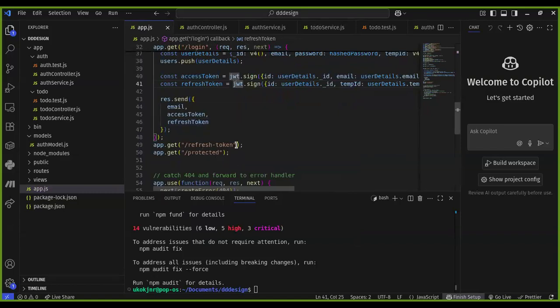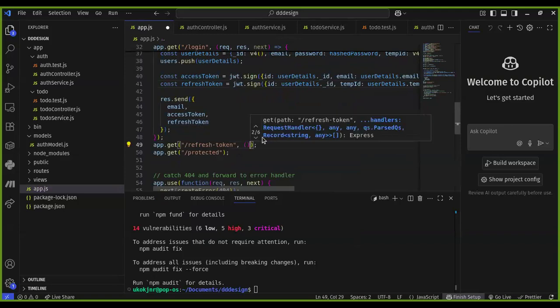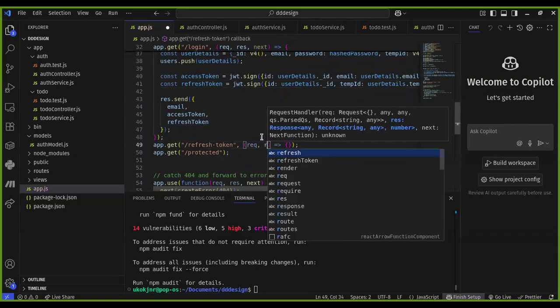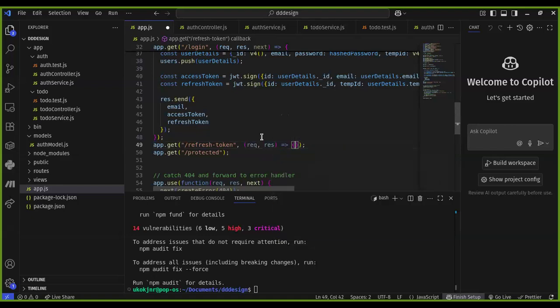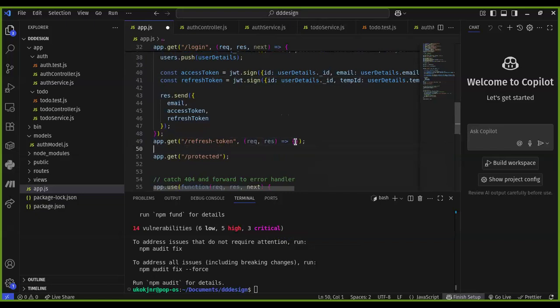Then when we want to refresh our token, what we want to accept is req, res. Remember that this refresh token endpoint is going to be open, but it's going to be checking for the refresh token, if the refresh token is valid. So it's going to be checking if